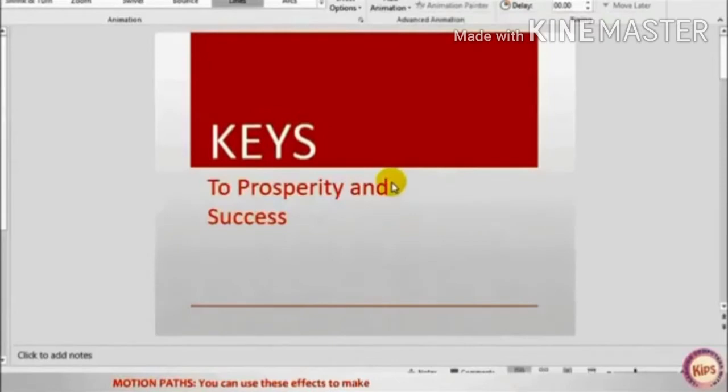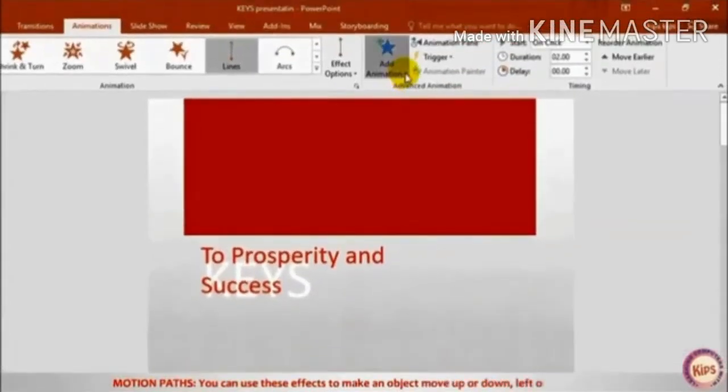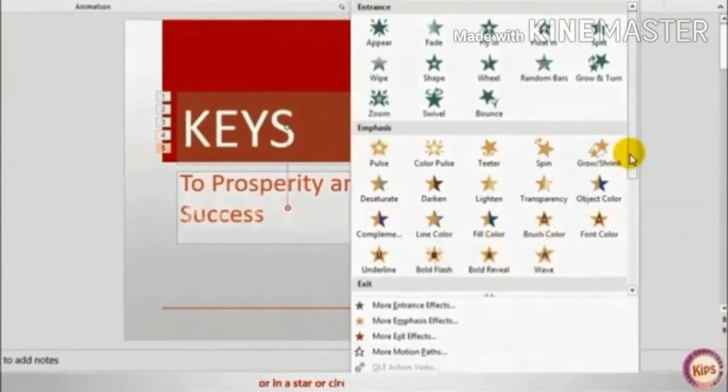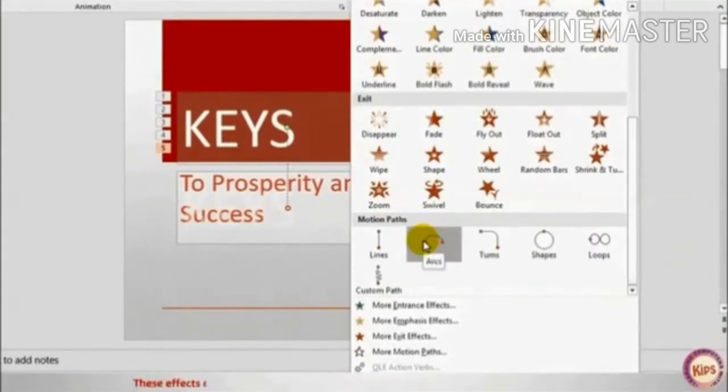Motion paths is another feature that you can use to make objects move effectively along a path, or in a star or circular pattern. Maybe your data will be in that pattern.